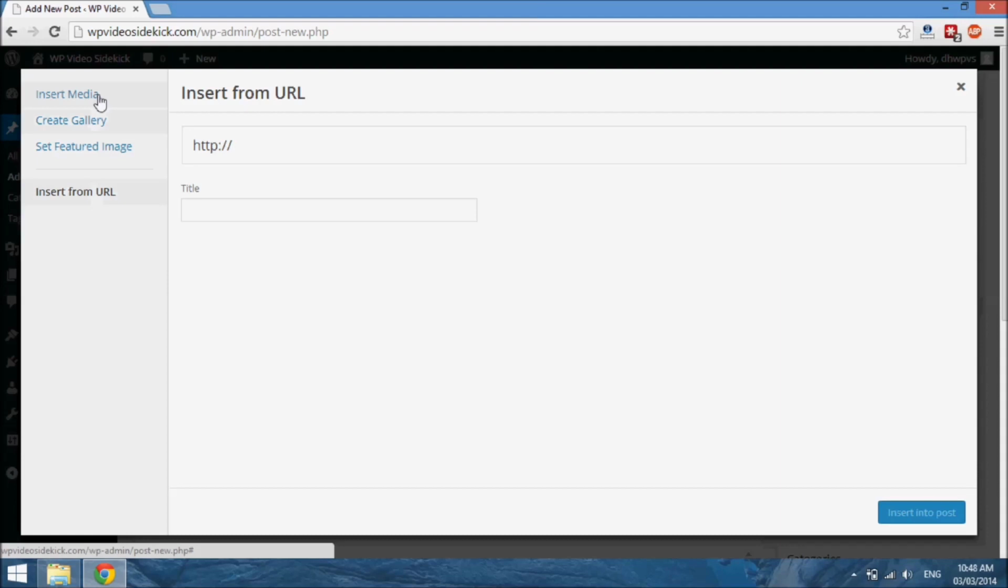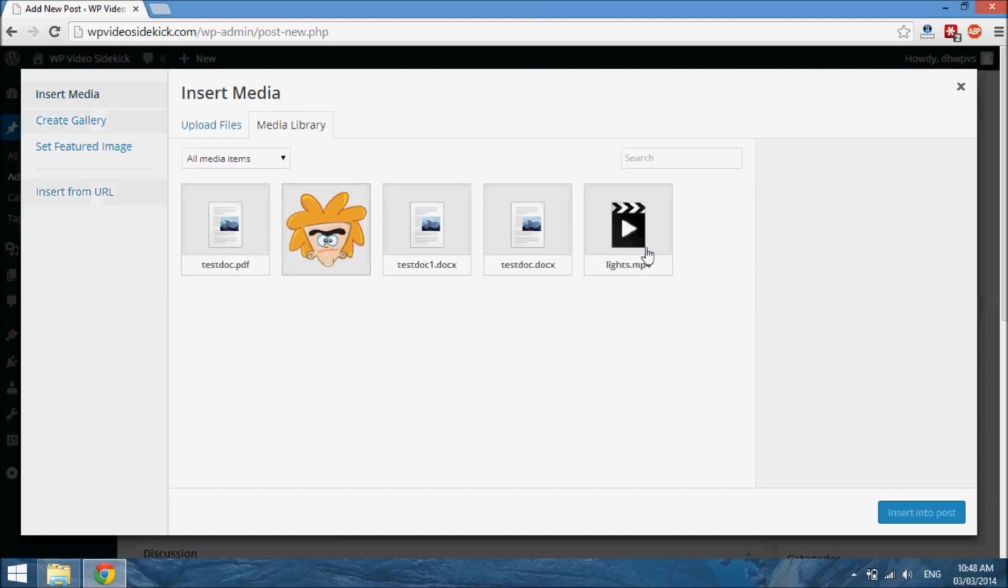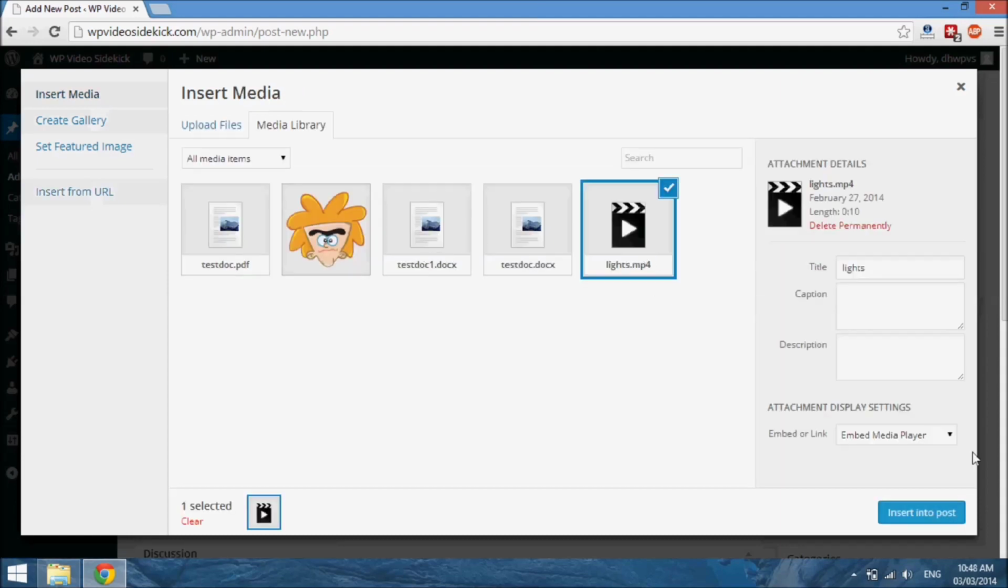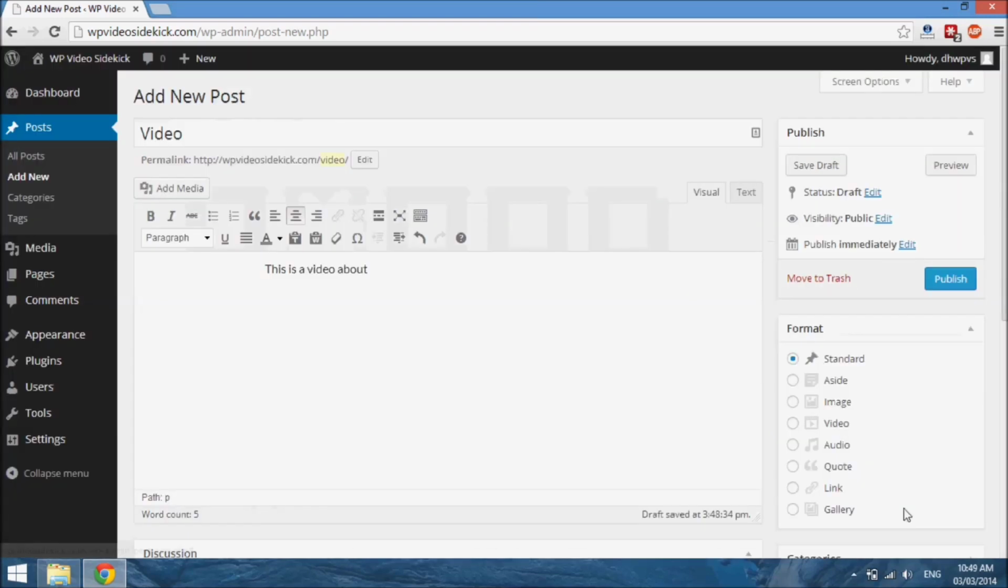But let's go back, and since we have this video here, we have the option on the right here that says embed media player or link to media file. Now, if you link to media file, what you'd probably want to do is put an image, and then that image would link to the actual video. But we're just going to embed media file, select insert,